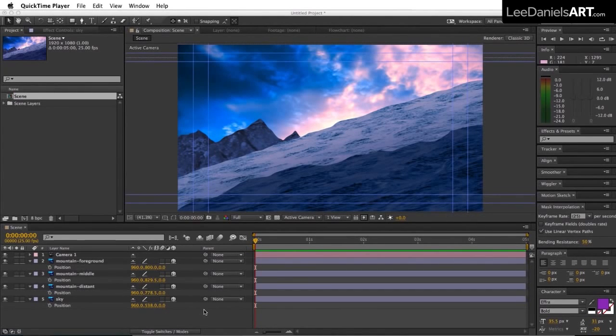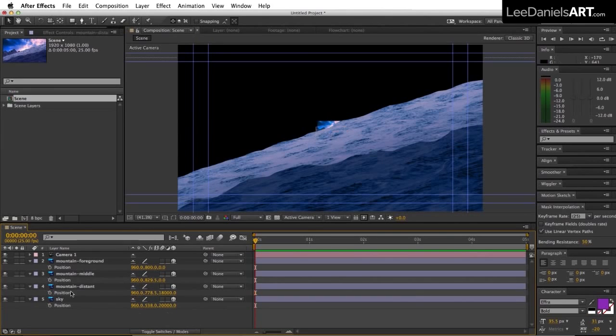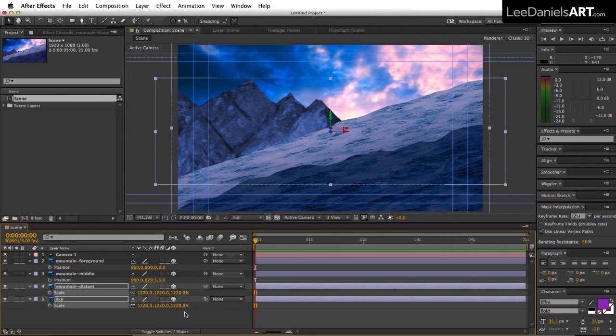And we're going to send the sky and the distant mountains a long way back. So I'm going to select the Z parameter for the sky and type in 20,000. Then I'm going to select the Z parameter for the distant mountains and type in 18,000. And then for both of these layers, I'm going to select them both, hit the S key to bring up the scale, and then drag that right up so they're both slightly bigger than the comp, and then